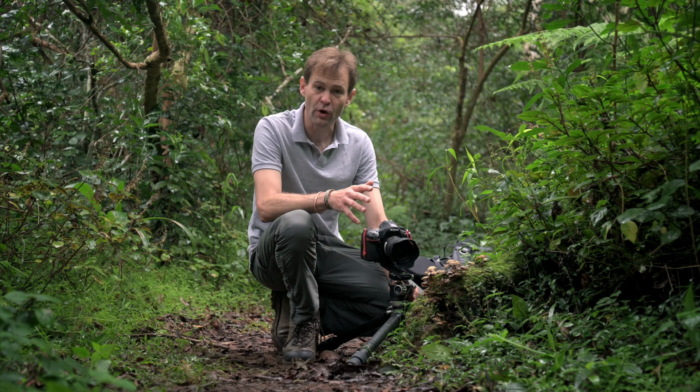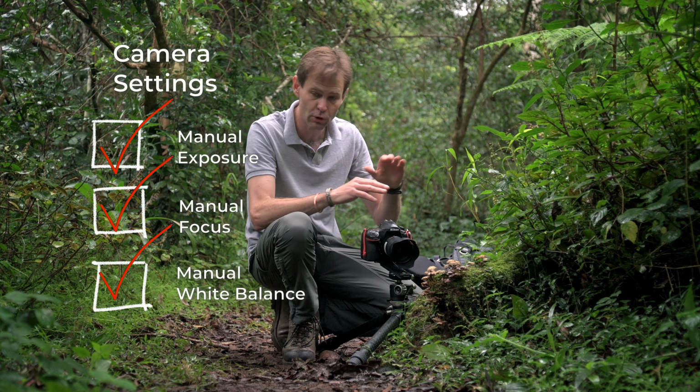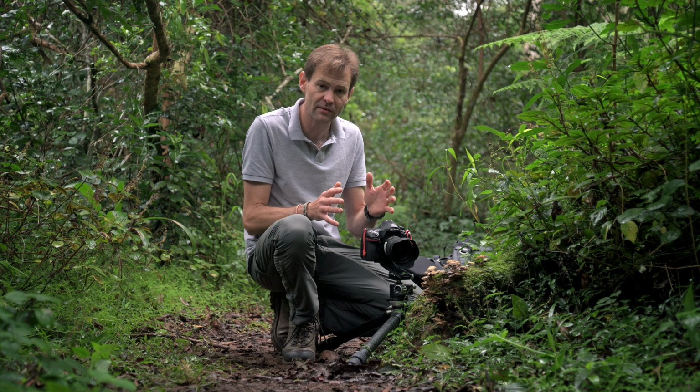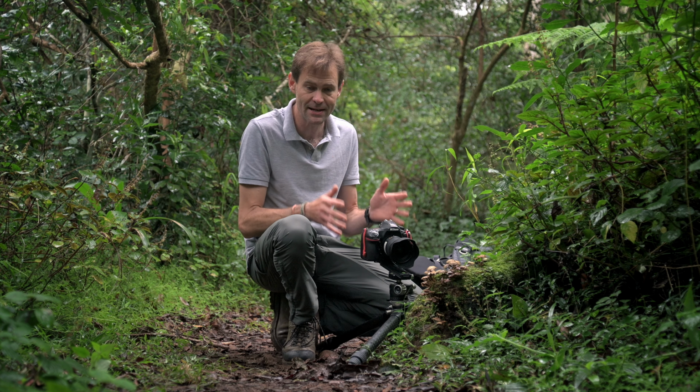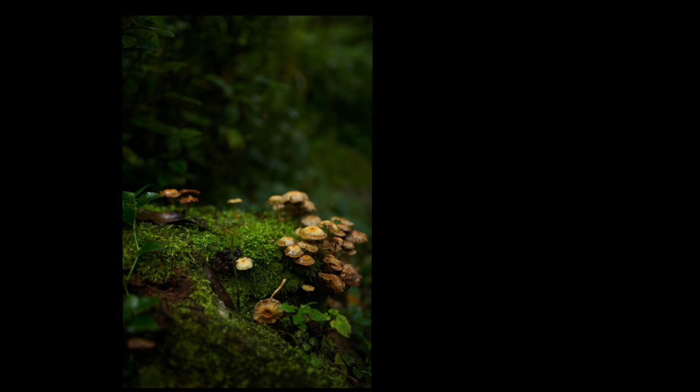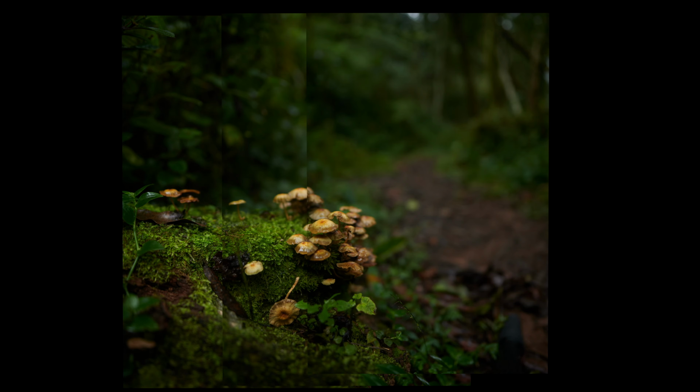Everything has to be set to manual. It's manual exposure, manual focus, manual white balance, manual the whole way. You don't want to have anything auto, because every photograph has to be absolutely identical from an exposure point of view. The general consensus is that there needs to be about a third overlap between the images, but really if